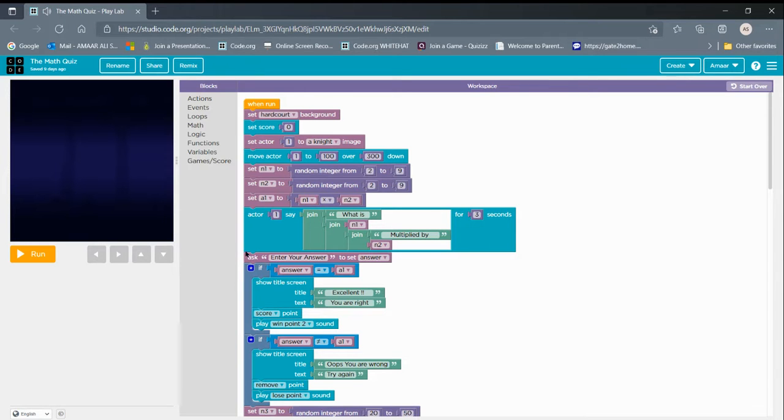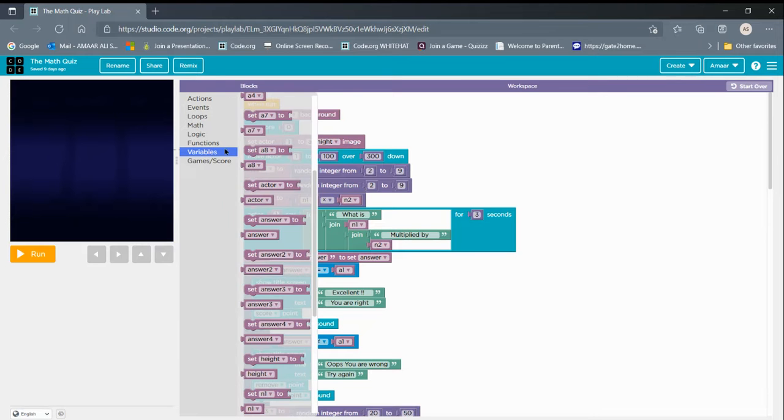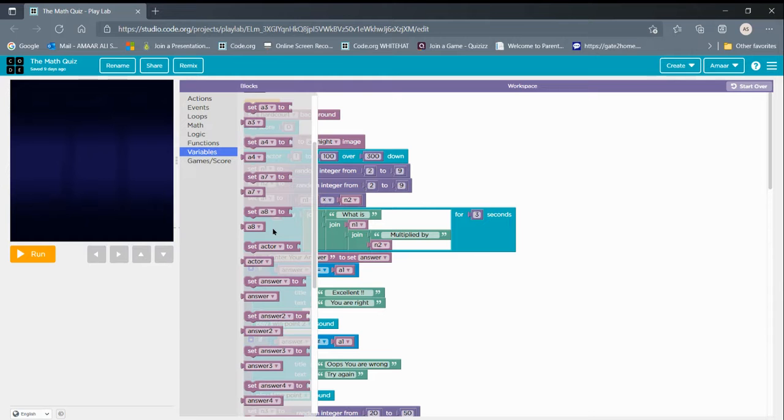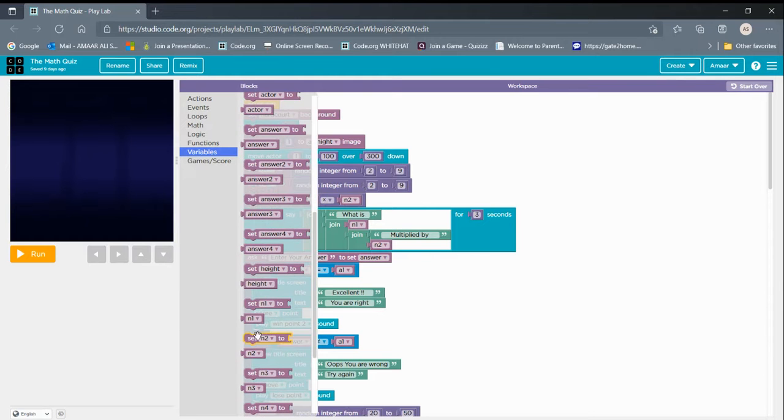Then we will take another join block and put it in the second column of the first join block. Then we will again take a join block and put it in the second column of the second join block. Then we will go to variables, take the n1 and n2 and then